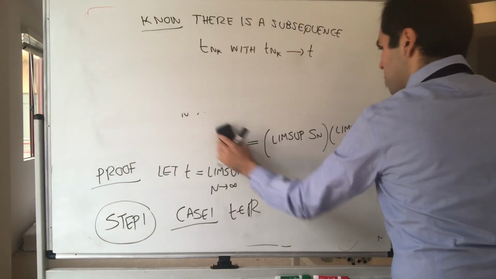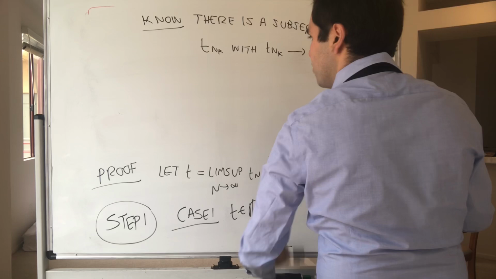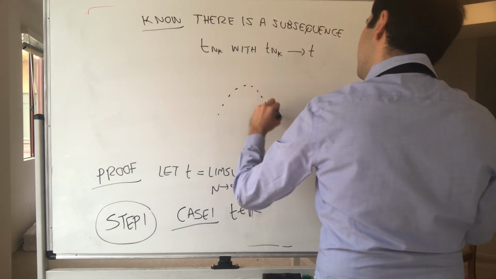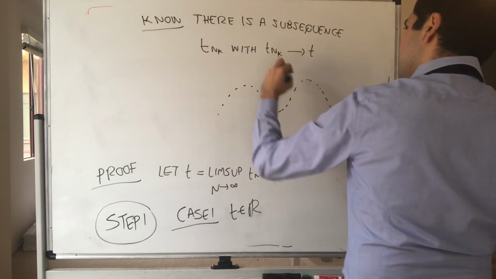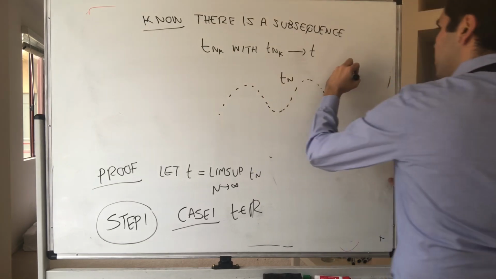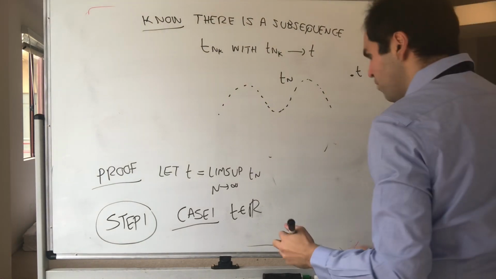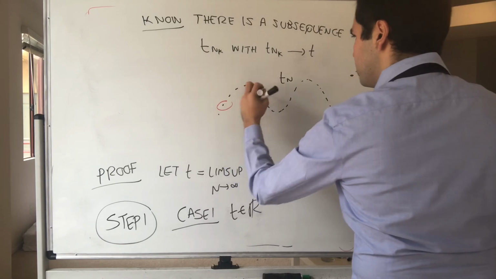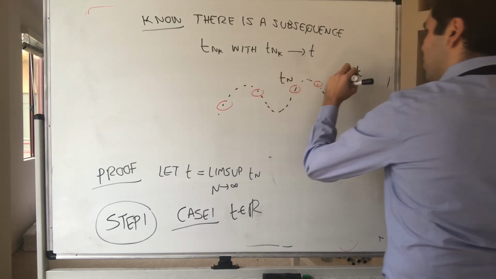So I can just draw a picture. So this is, if you want, the sequence Tn. And suppose this is the Limsup T, then we know there is a subsequence,